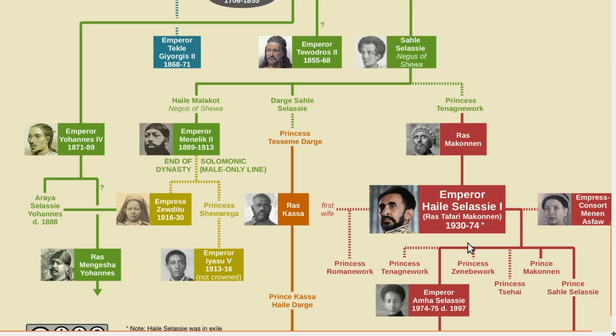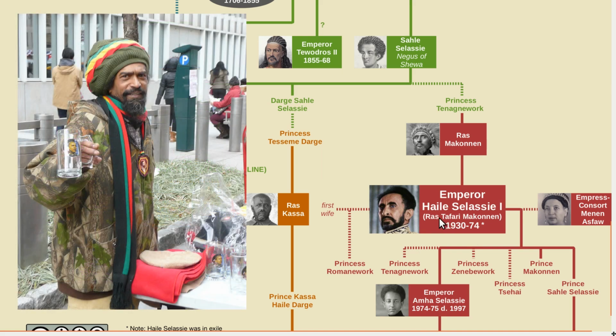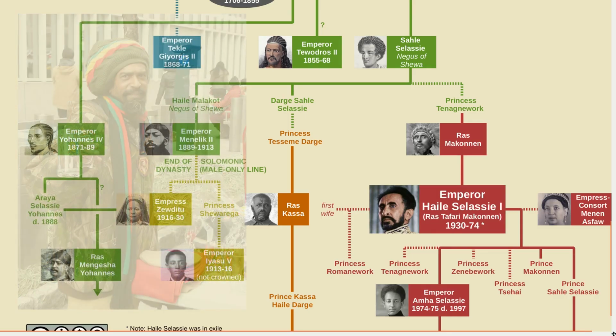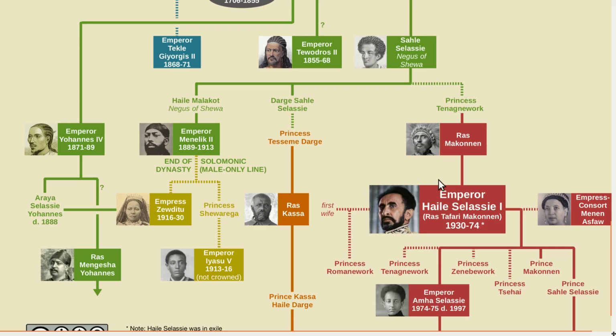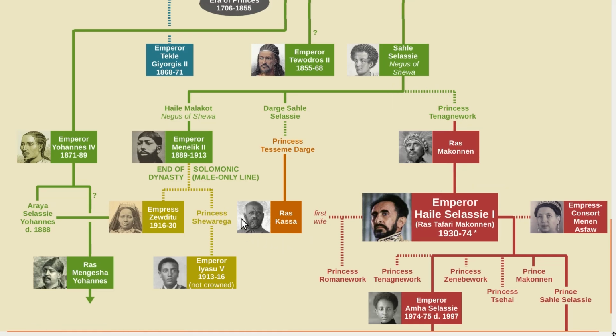regent and heir. Now, even if you previously knew nothing about Ethiopian history, the name Ras Tefari is probably familiar to you. We'll get to that in a second. First of all, Ras Tefari Mukhanen was a member of the Solomonic dynasty via a female branch here. There was actually another person with a more senior claim through a different female line, but he chose to support Ras Tefari Mukhanen. So when Empress Zewditu died, Ras Tefari became Emperor Haile Selassie I, the most well-known emperor of